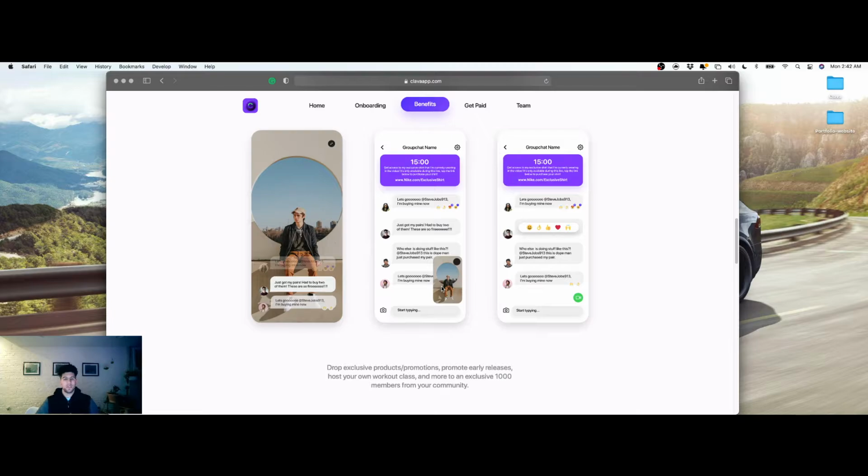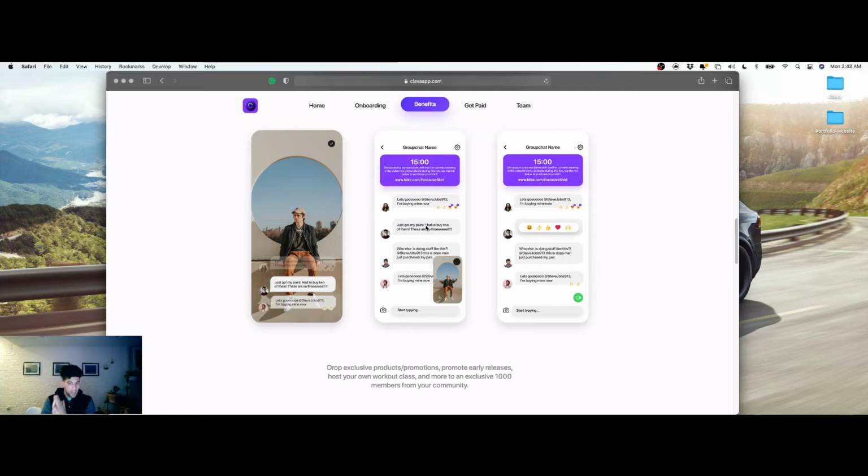Right now, mind you, when you create these group chats, this influencer is going to create something called a live event, okay? And these live events are what you see right here, these live video streamings. They then choose how long they want the live event to be, the description, and a link. So this live event is an influencer going live on video and they can chat as well. And it essentially is this exclusive time frame or experience that their community can get access to, but only 1,000 members can get access to it.